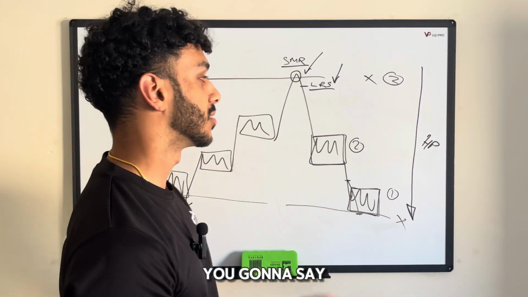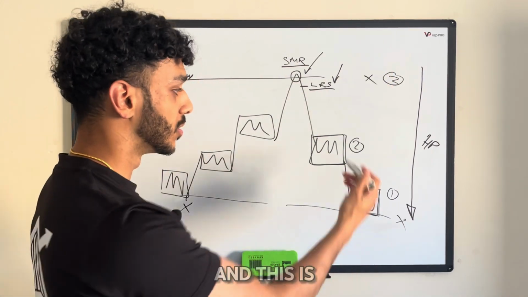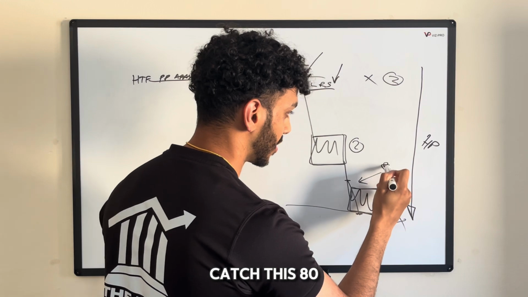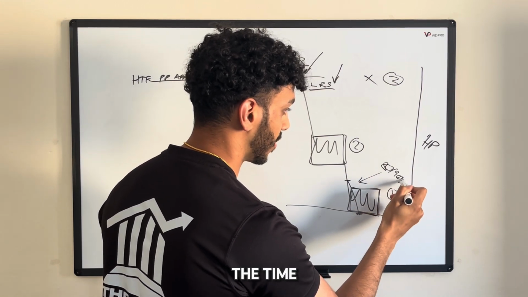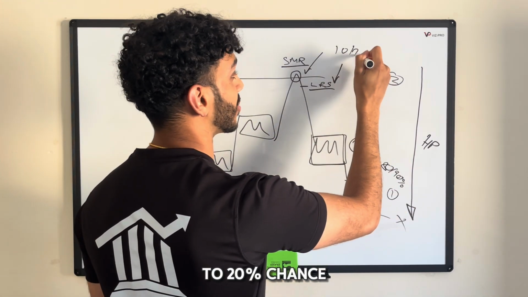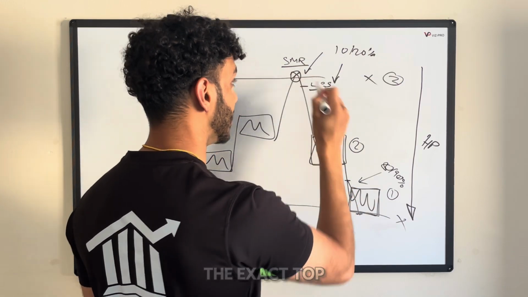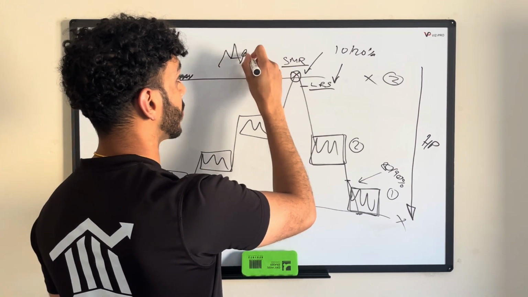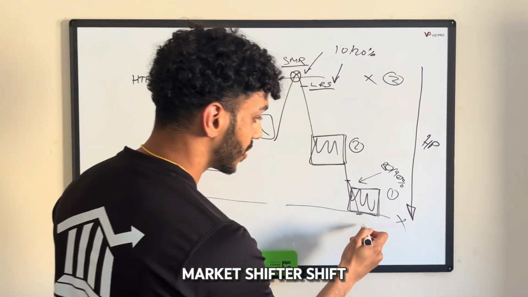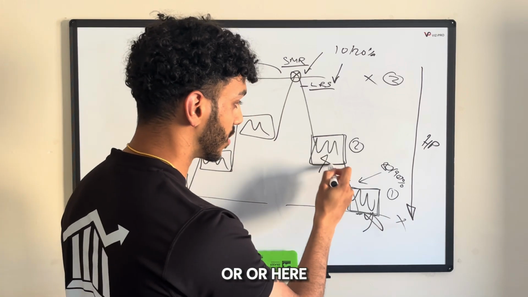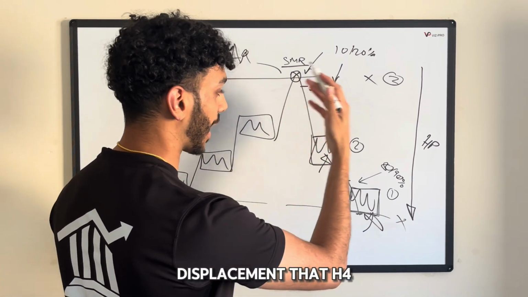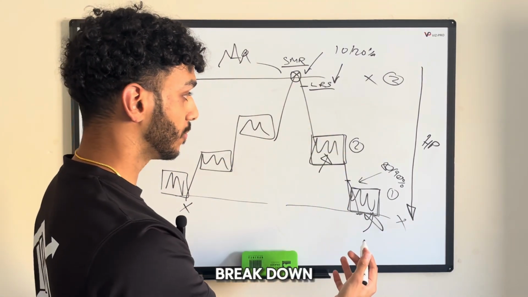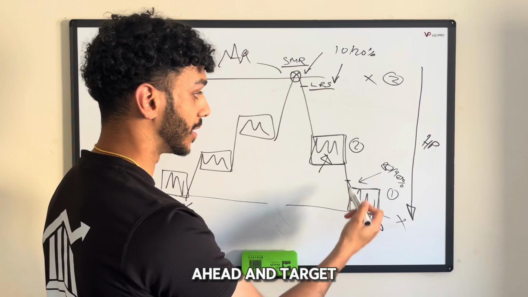Yes, you're going to look at this and say, oh, well, this is probably 100 pips and this is only 20. But I guarantee you, you could probably catch this 80 to 90% of the time versus getting lucky at a 10 to 20% chance of actually timing the exact top, looking for your little market structure shift right at the top there. Market structure shift down here is cool, right? Or here. At least wait for that displacement, that H4, that intraday order flow, that H1, H4 order flow to actually break down. In fact, so you can go ahead and